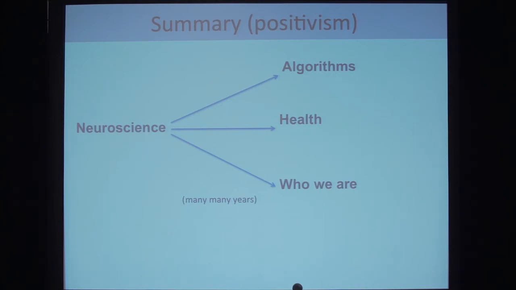Taking a step back, the main message that I'd like to convey is a rather positivistic one, arguing that ultimately by understanding brains, by understanding neuroscience, we will be able to design better algorithms. We will be able to help alleviate the tremendous human disorders that afflict the human brain, and ultimately perhaps understand better who we are. Admittedly, I put many, many years there. We're not quite there yet. It will take us a very long time to really translate biology into computational algorithms. But I think this is not only a plausible path to go, but actually a necessary one.